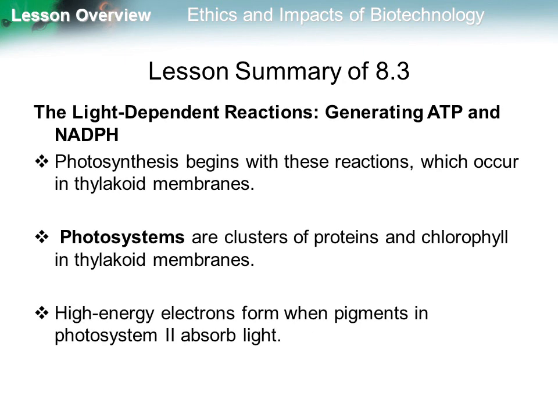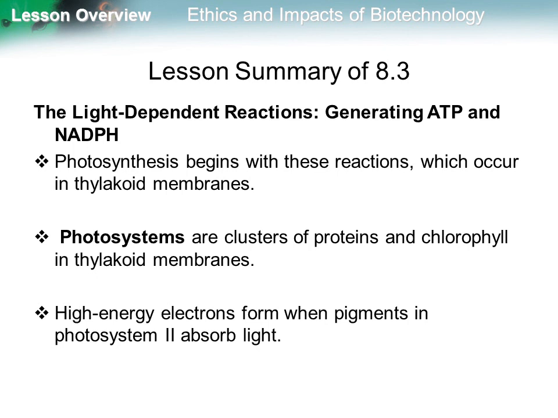Now let's see the lesson summary of Chapter 8, Lesson 3. First, let's see the light-dependent reactions that generate ATP and NADPH. Photosynthesis begins with these reactions, which occur in thylakoid membranes. And photosystems are clusters of proteins and chlorophyll in